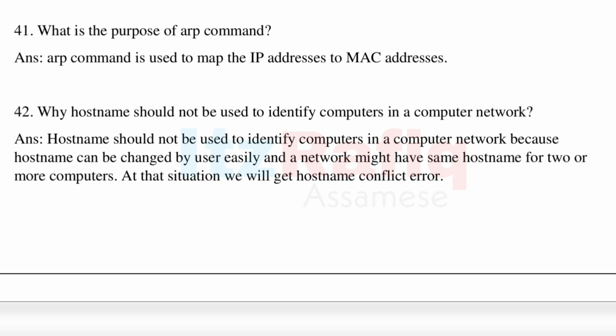So what happens when a user, suppose a user is working on a computer by using the name A, but after that he changes the name into B? Then when someone wants to connect to computer A, it will not be available, so it will give an error. And sometimes the same network might have two or more computers with the same name, so at that time also we'll get a conflict error. That's why we should not use hostname to identify the computer